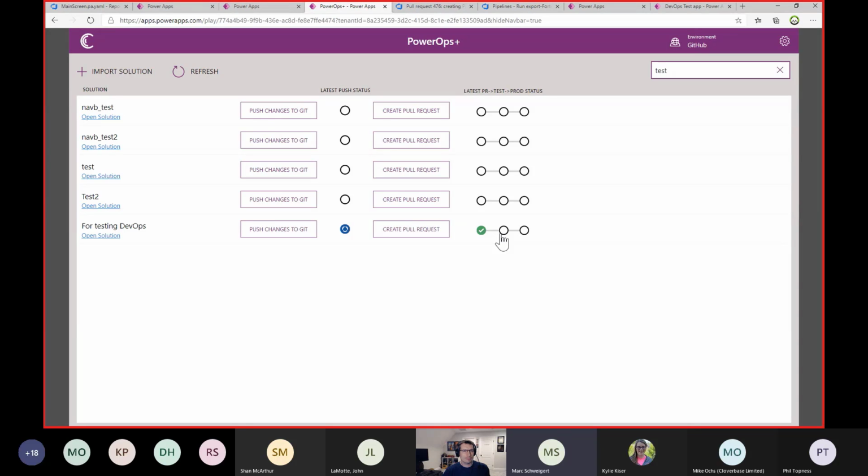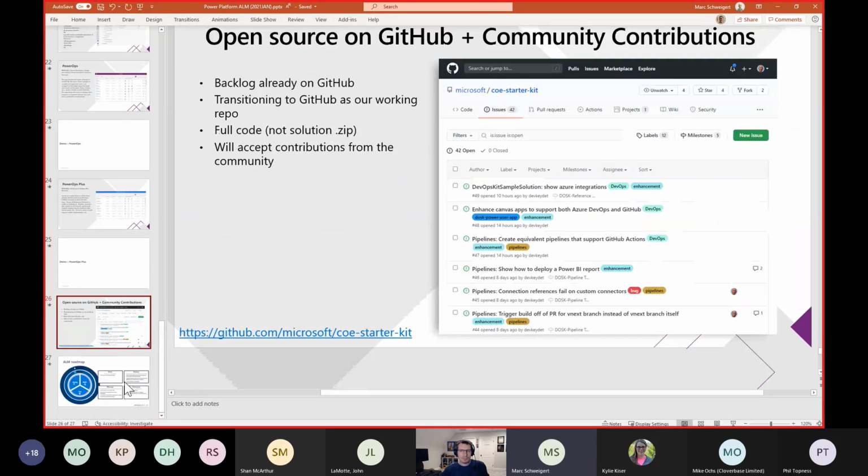And then we'll just sort of repeat that cycle. So again, we built this app fundamentally for ourselves and to make our ALM more productive. And we said, you know what, we should probably share this with other people who want to do the same things that we're doing, so that they don't have to sort of stumble through the learning curve that it took us to build our pipelines and to build our Canvas app, et cetera.